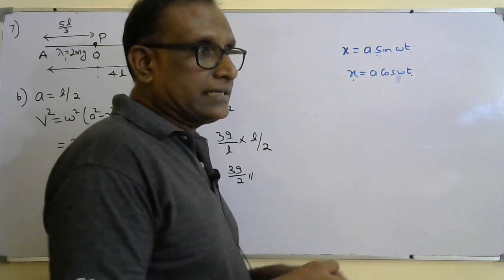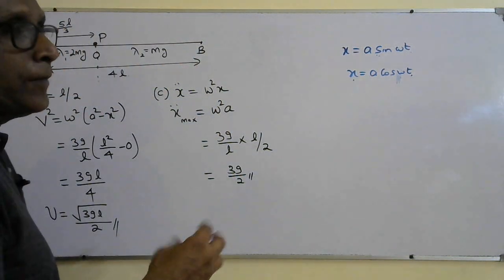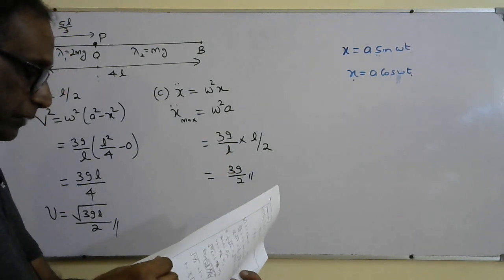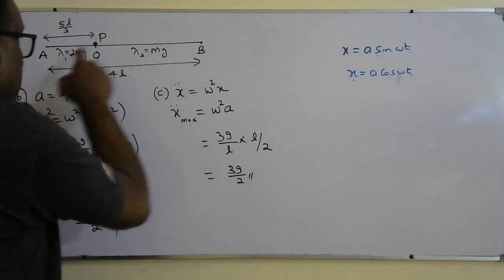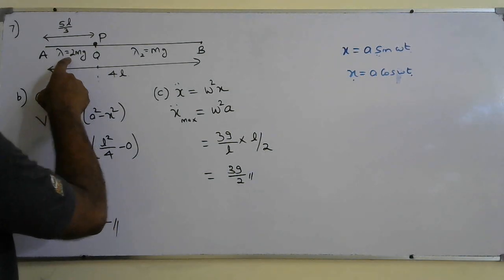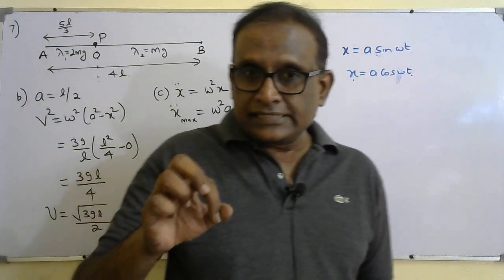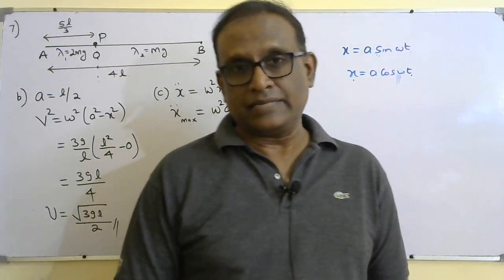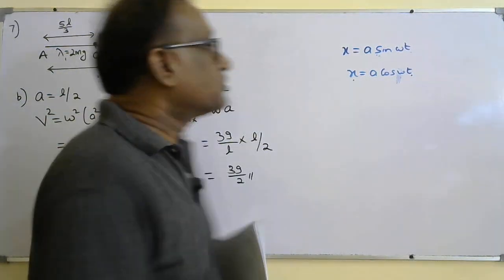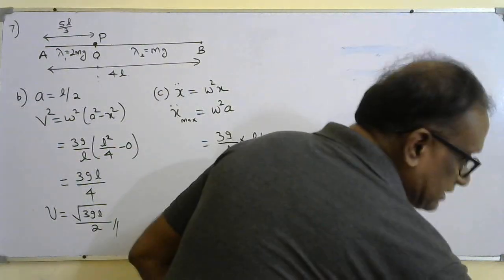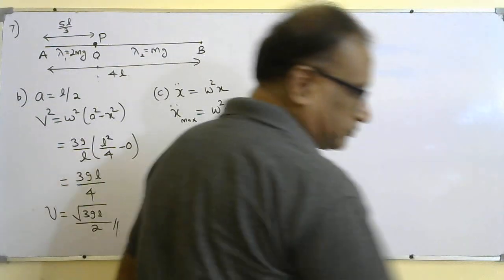So here the question is how long it takes to gain a velocity of 3 by 4 square root of GL from the moment it is released from the extreme position. That means we should measure the time from the position where it has maximum displacement, where the speed is 0. So we have to use this equation. So part D,